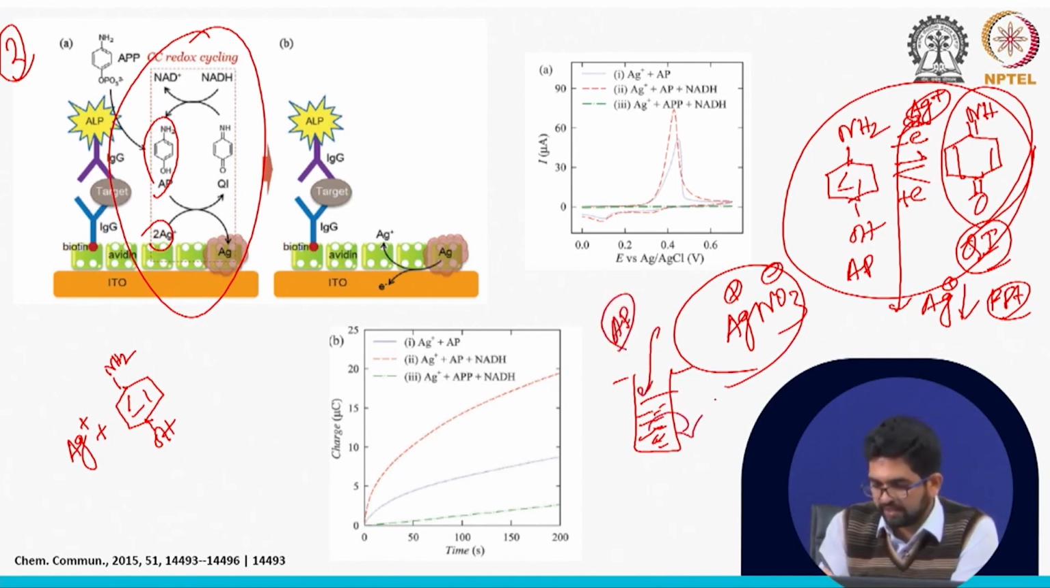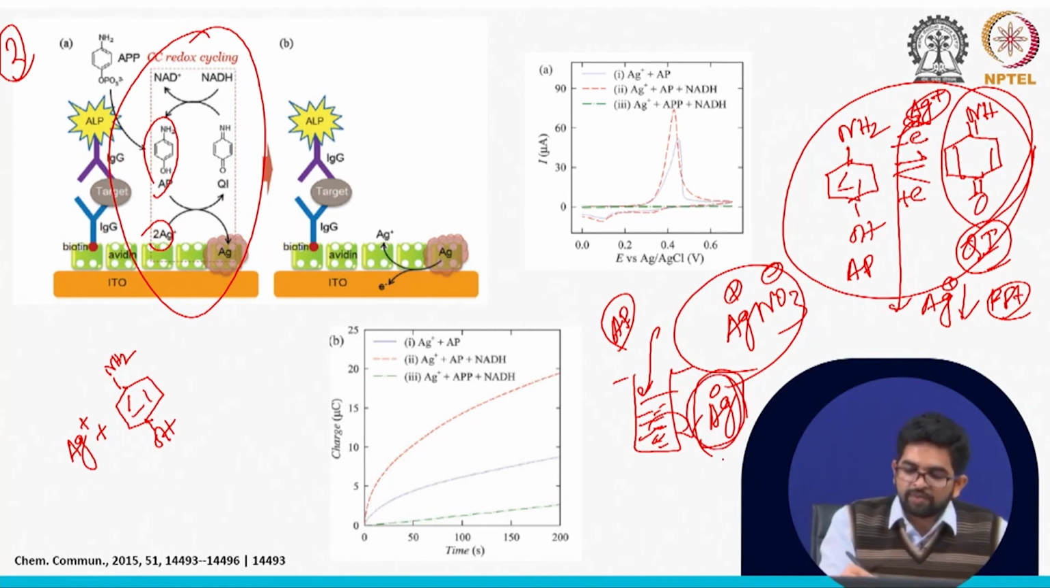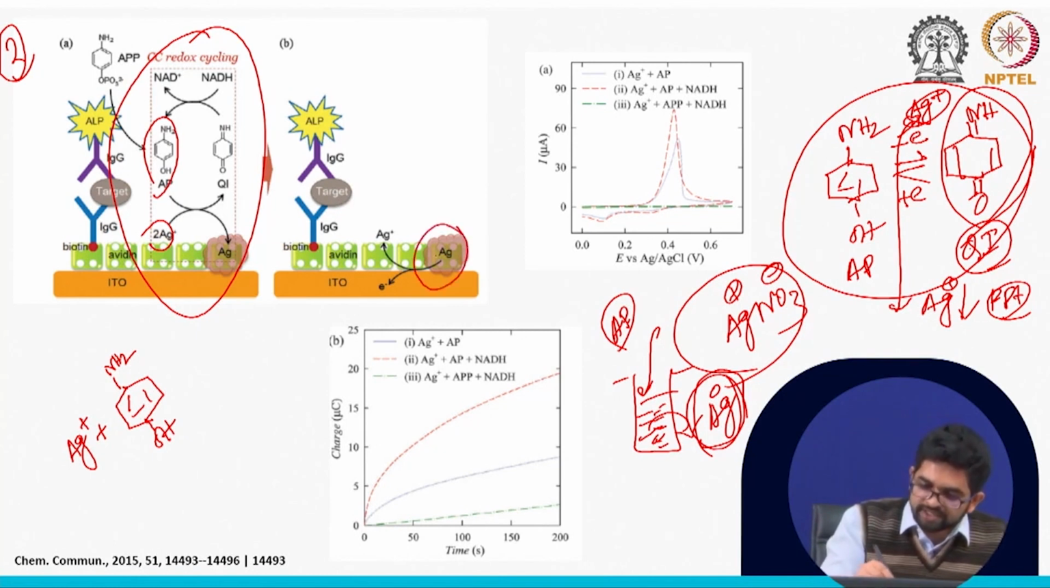Then what will you get? You will get silver nanoparticles. You will get silver 0. Now this silver 0 formation, similar to before, more aminophenol means there will be more reactions, and more silver nanoparticles will form, and more silver nanoparticles mean now you can oxidize this silver to silver plus again